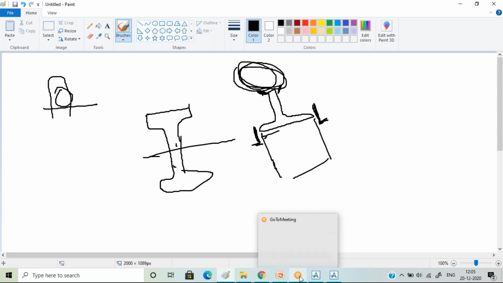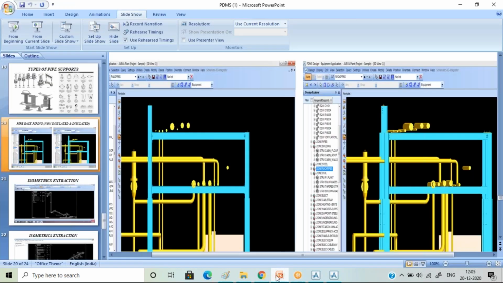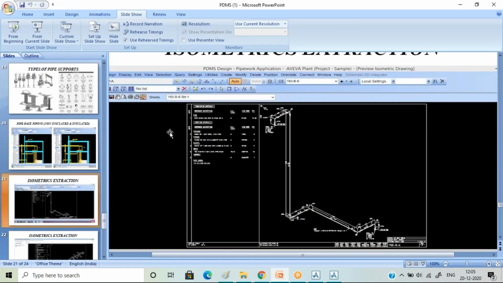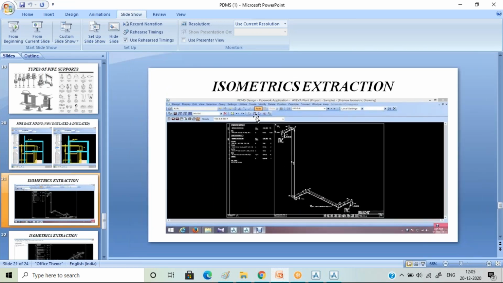So pipe rack supporting is a very important part of your piping, so that will also be explained. Then finally we come on to your isometric extraction. Now how your isometric has to be extracted, what has to be the template for that, and how you come to know whether your isometrics are connected or not, what are the errors that you're getting. So all that will be explained also, like how you can check your isometrics directly before